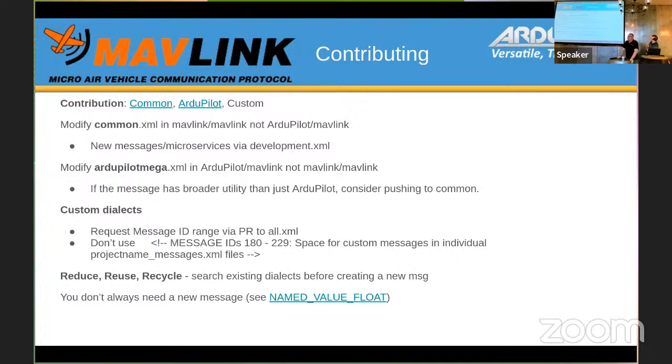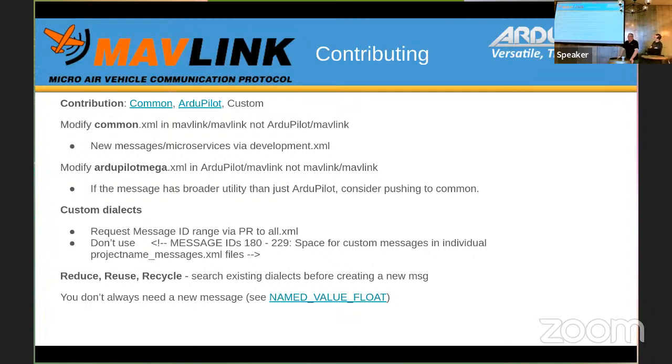But contributing to MAVLink, this is something that throughout ArduPilot, PX4, the other implementers of MAVLink, we generally don't do very well, and it probably takes more time than I'd like trying to get people to follow a process so that we can maintain the interoperability and standardization as far as we can within custom.xml, within common.xml, and not break the hierarchy of what goes where, when.